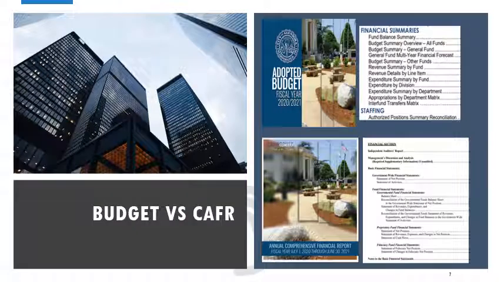The budget versus the ACFR. A budget shows the plan for a future fiscal period, whereas an ACFR contains the actual results of the prior year's fiscal activity. As the City of Glendora maps out how funding will be used and staffing numbers that will be needed, the ACFR displays how those plans were actually executed and where the city ended up at the end of the fiscal